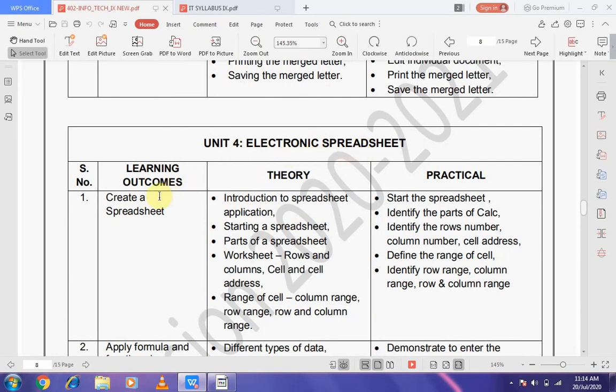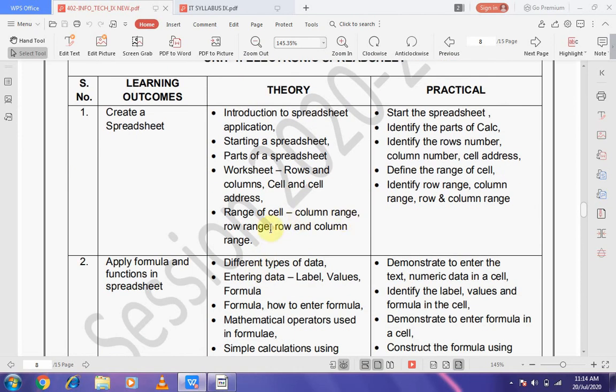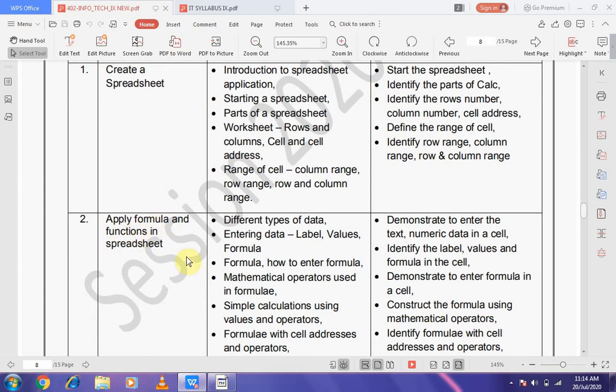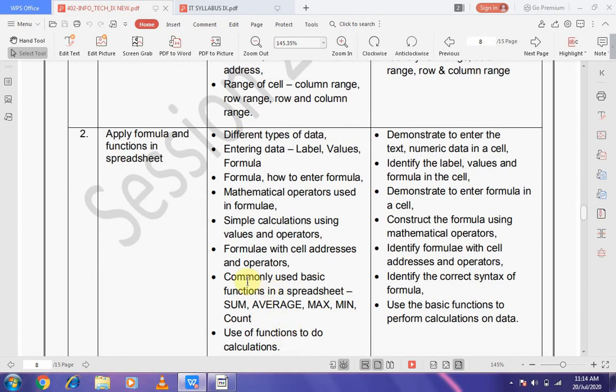Now Unit 4, electronic spreadsheet. Create a spreadsheet, introduction to spreadsheet application, starting a spreadsheet, parts of a spreadsheet, worksheets, rows and columns, cell and cell address, range of cells, column range, row and column range, applying formula and function in spreadsheet, different types of data, entering data, label values, formula, how to enter formula, mathematical operations used in formulae, simple calculation using values and operations, formula with cell address and operations, commonly used basic functions in a spreadsheet: sum, average, maximum, minimum and count.